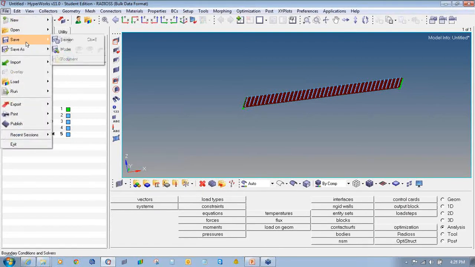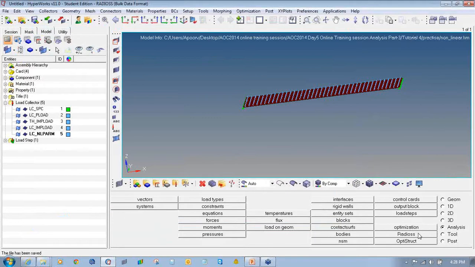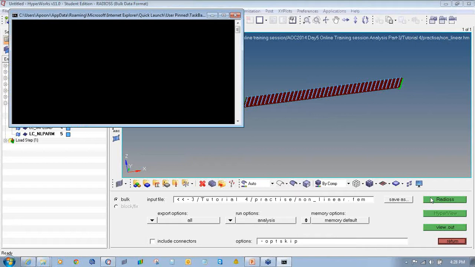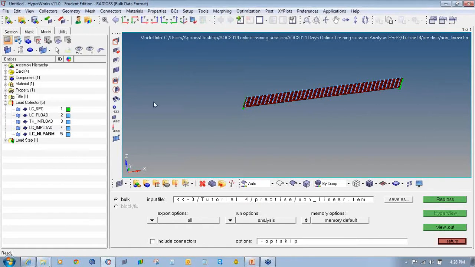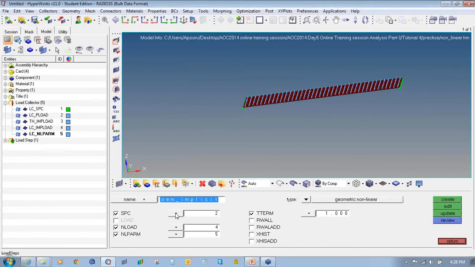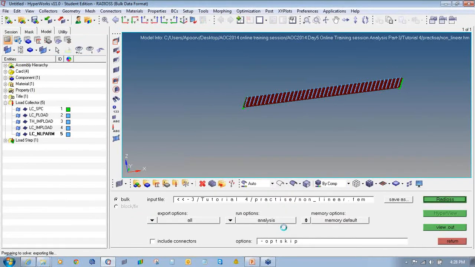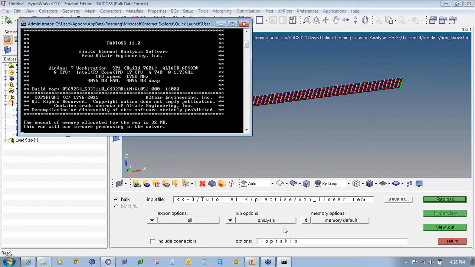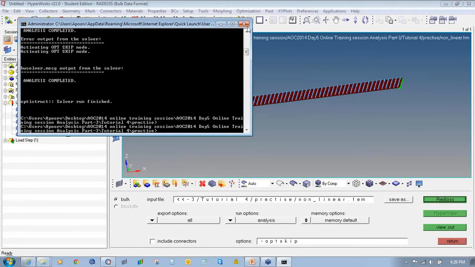Now I will save this file and run the analysis. So my analysis has got completed.